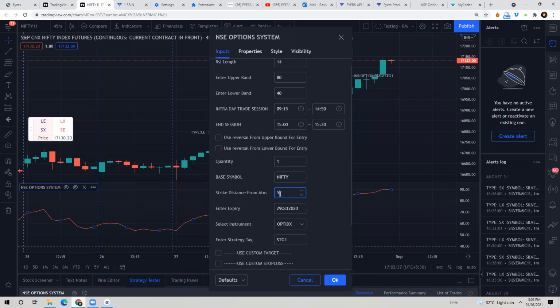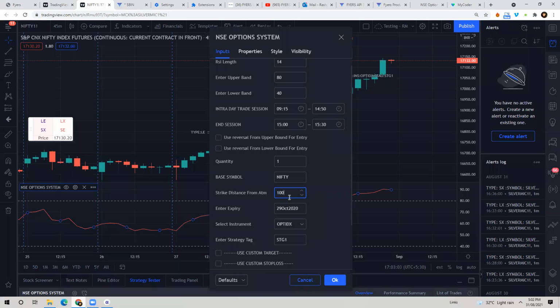But if you put the strike distance as 50, it will place the order in the strike price that is 50 points near the current market price. If you put 100 here,